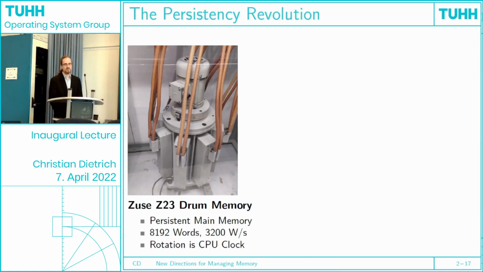And the interesting part about this memory is that it's very central to that machine. On the one hand, the rotation of the cylinder is the clock generator for the whole machine. So really the whole machine is clocked by the rotation of this drum memory. And on the other hand, this is also kind of the main memory of that machine. So you can really address individual bytes of memory on that machine from your instructions. So it has about 8,000 words of 40-bit memories, and you can read a lot of them. So what we see here is the centerpiece of a computer that is a persistent main memory.